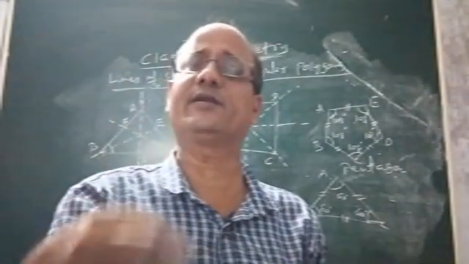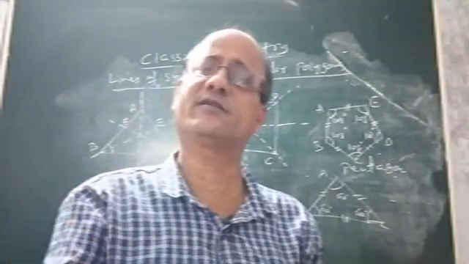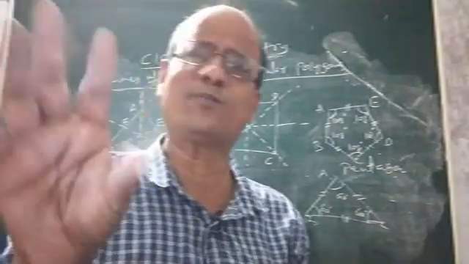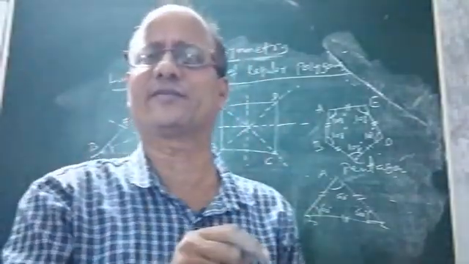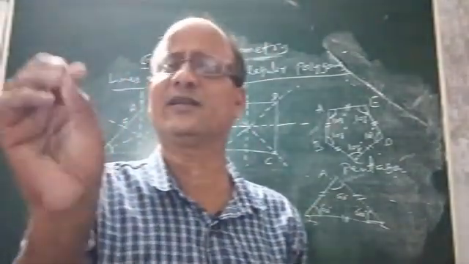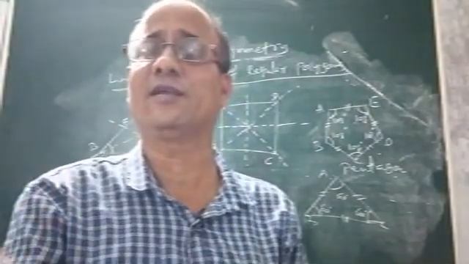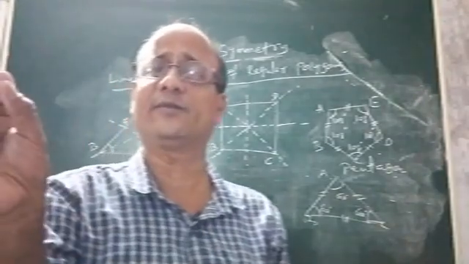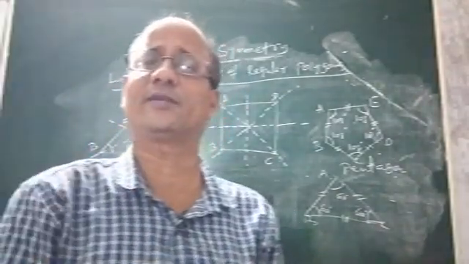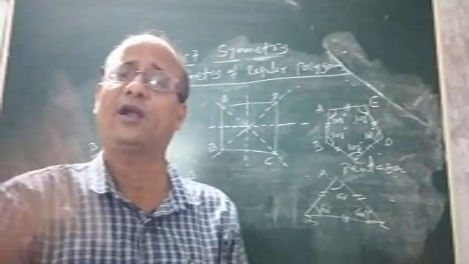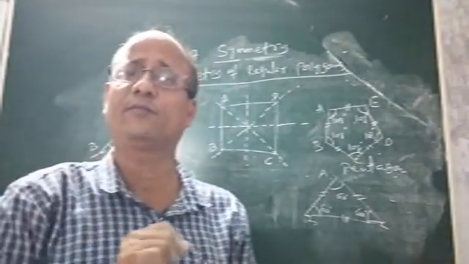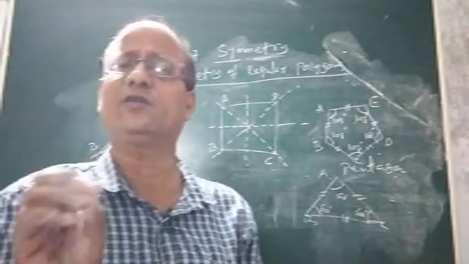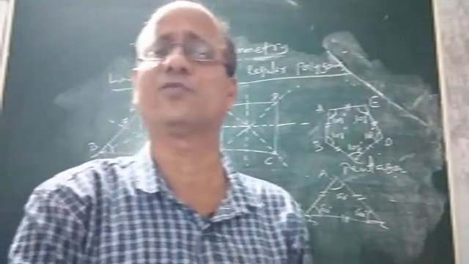So we will again meet in the next class with the discussion of the same chapter, that is symmetry. It is a very big one. Of course, it is a small chapter, but there are so many things to be discussed. Then only children will get a clear concept. Otherwise, they cannot understand, because when they go to class 8, they will again find rotational symmetry, the concept of rotational symmetry, and how line symmetry is different from rotational symmetry. So children, we have to understand everything in detail. Then only we can do problems. Otherwise, we cannot do problems.